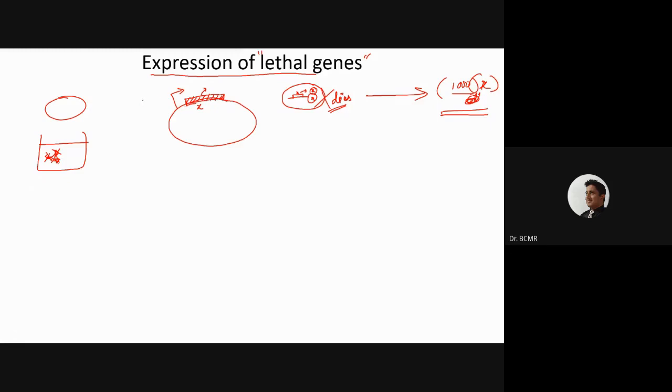I should have used a conditional promoter. That means I should be in control of the promoter, in the sense inducible and repressible. I should decide when it should induce and when it should not induce. So I have to use an inducible promoter. That is one thing when you are trying to express lethal genes. The second thing, then